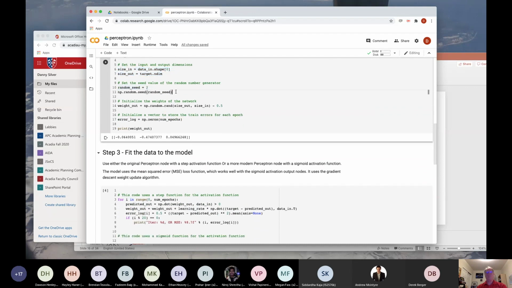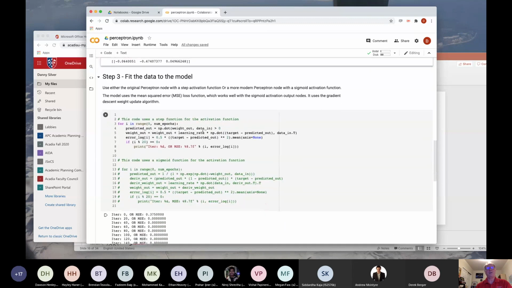Setting a random seed is important because we're going to generate random weights. And by having a seed value, we can cause the network to generate the same weights every time. So it's just deterministic from that perspective. We can change it as well if we want to, but this initializes our small weights in the network to small random values. And we're also going to set up an error log where we record the error of the network every epoch, because we're expecting that with every epoch and with every change of weight, the error of the network will decrease over time.